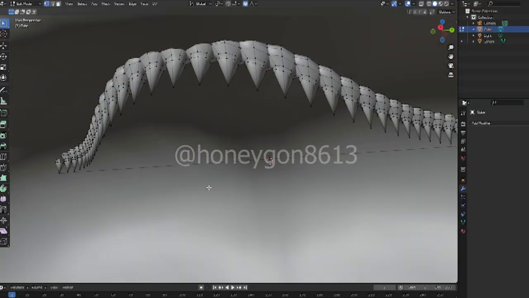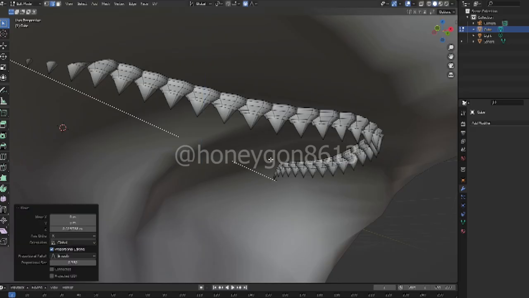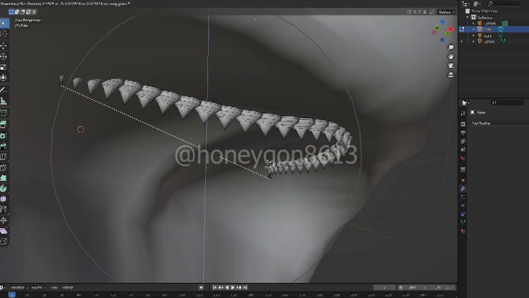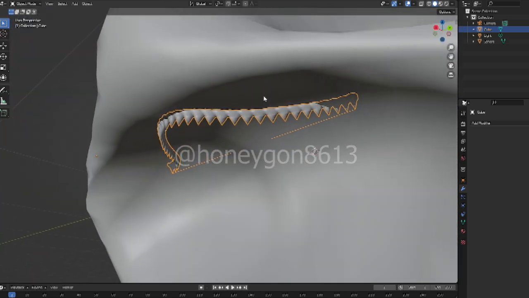It's like this, middle here, and then straight up, you want to get invisible, and then